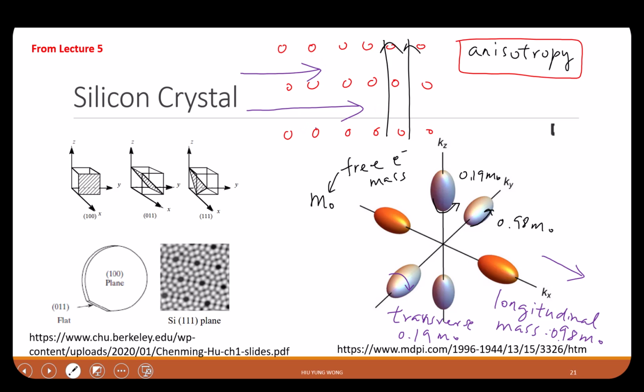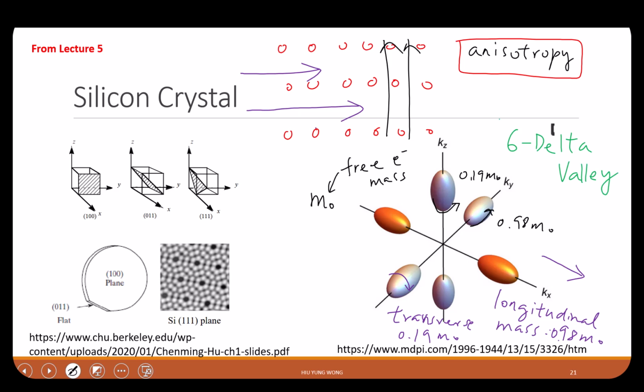Last time I showed you that as a fake example. If the lattice is so sparse in this direction and so close in another direction, you will have different transport probability, different effective mass, etc., right? So they are anisotropic. So for silicon, you have 6 delta valley, right? We call this, we have 6. If you heard about this before,